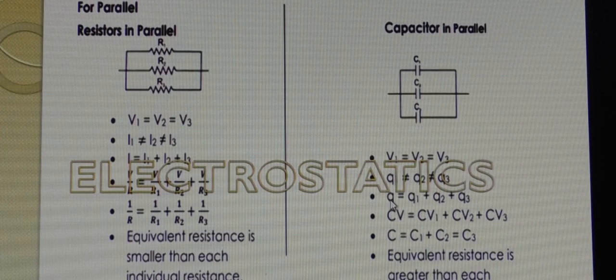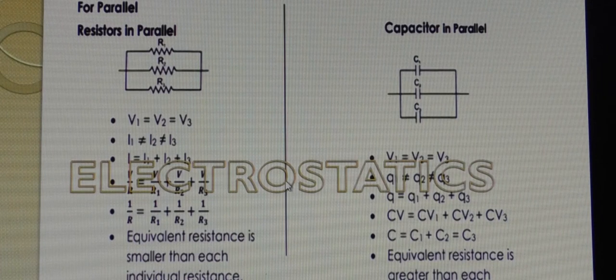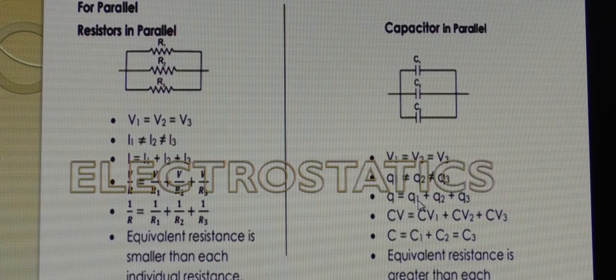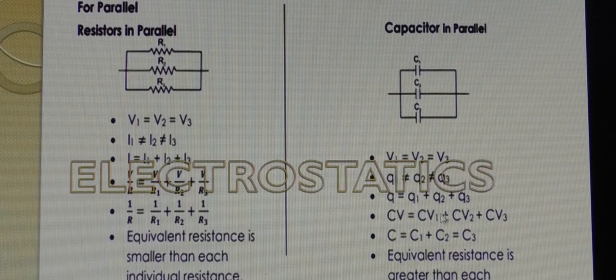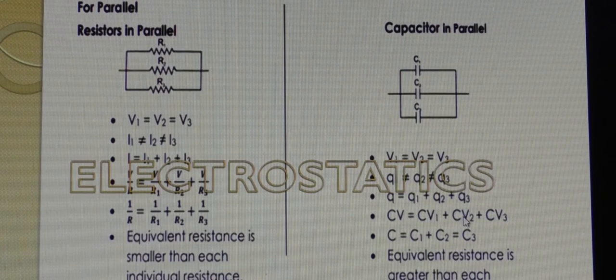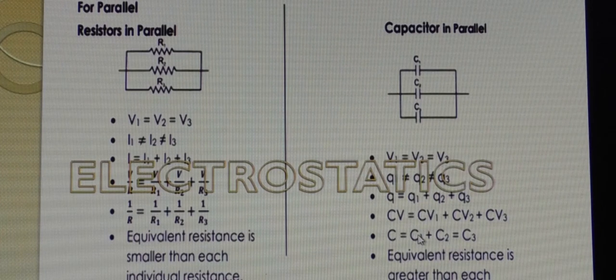So it means the total charge Q is equal to the sum of the individual charges deposited at different capacitors, that is Q is equal to Q1 plus Q2 plus Q3. So if, as we know, Q is equal to CV, Q1 would be C1V, Q2 is equal to C2V, Q3 is equal to C3V. Alright, taking C common, what would be left inside? C1 plus C2 plus C3,